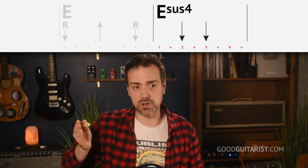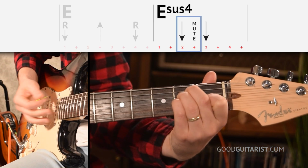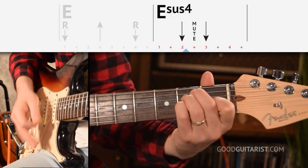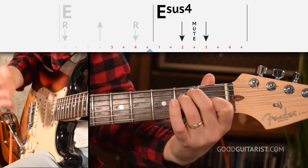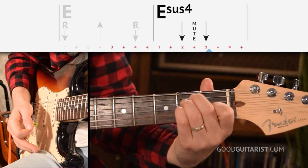So we just do a downstroke on 2 and a downstroke on 3. If you're quick enough, you can optionally shorten that first stroke. So switch, 2, 3. Do that really slowly. 3 and 4 and switch and 2, mute, 3, 4